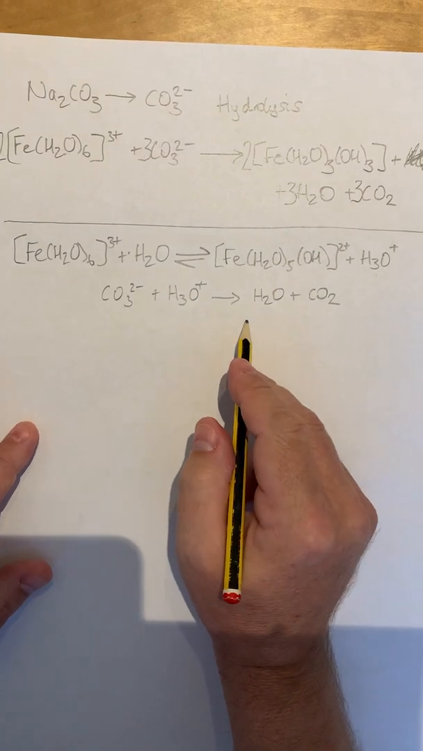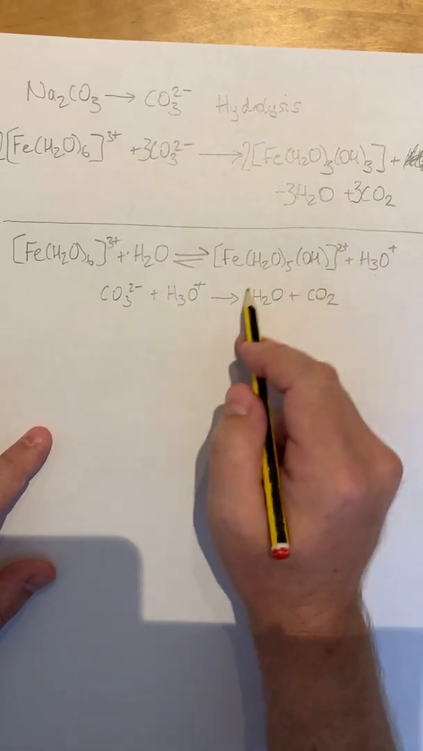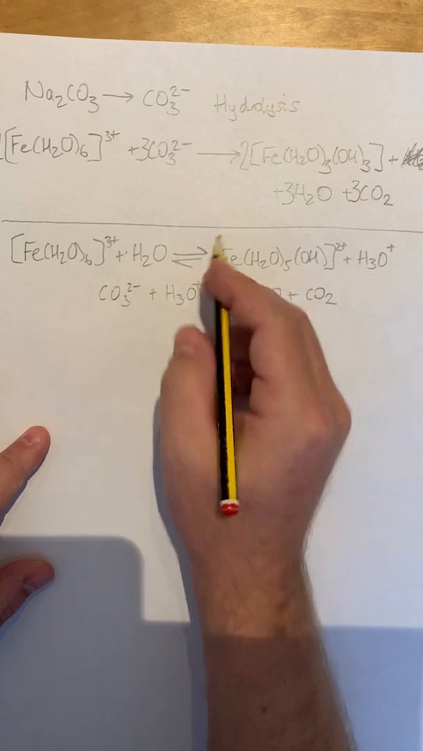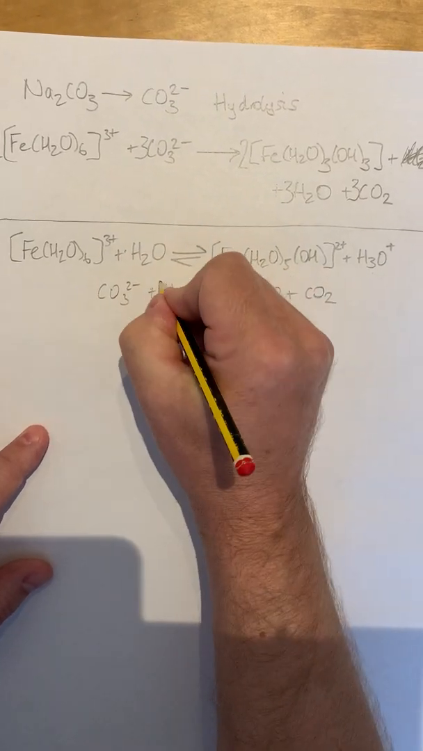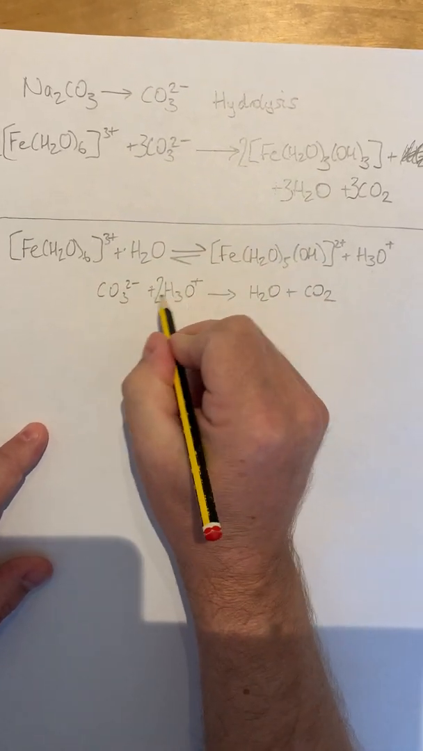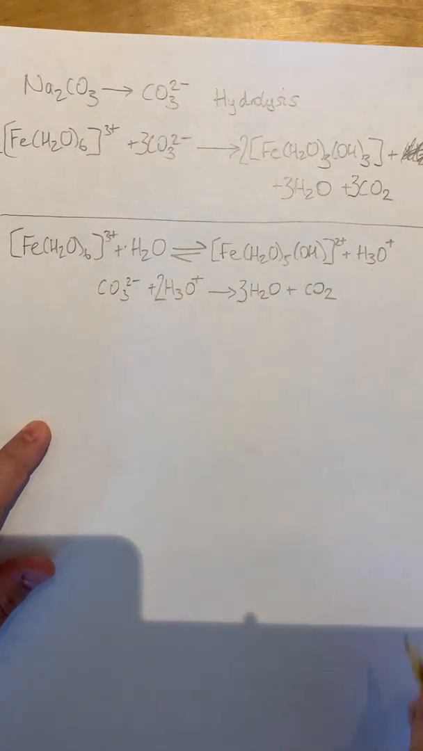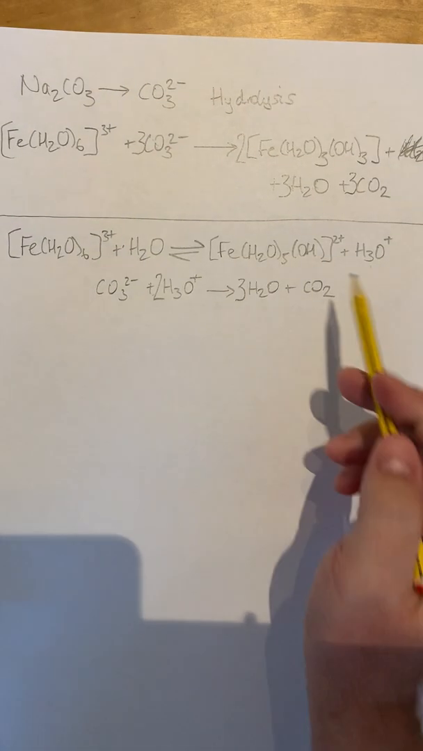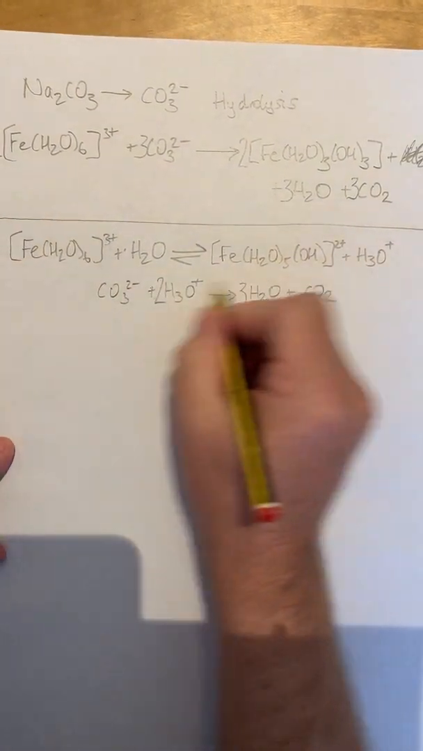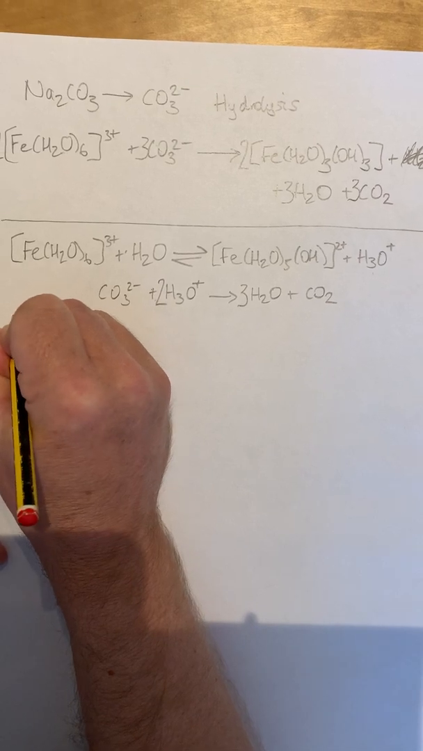So we're going to need, that side is 0 charge overall. We have to make this side 0 charge overall. 2-, that's now 2+ because we've got 2 of those H3O plus ions. Therefore we want 3 of those. So that is the first step. Second step,